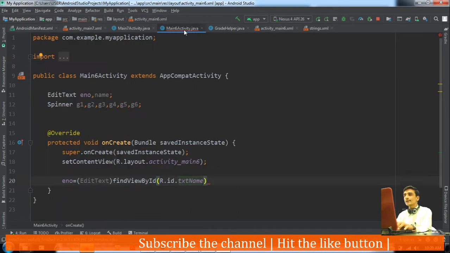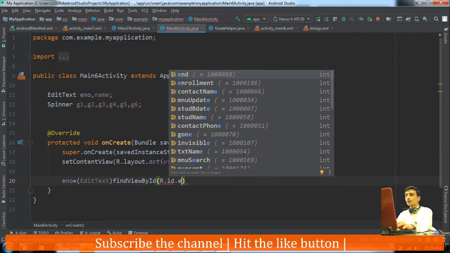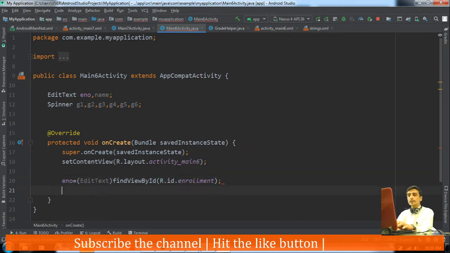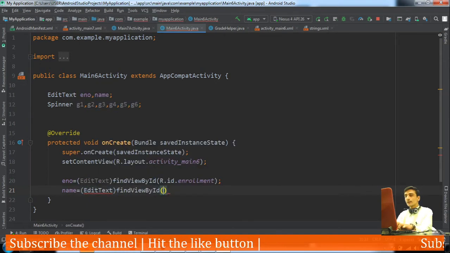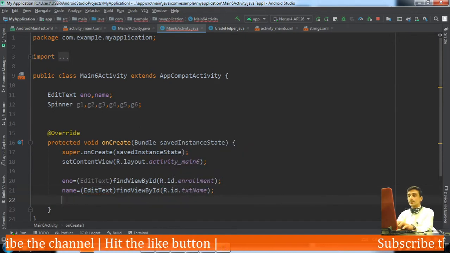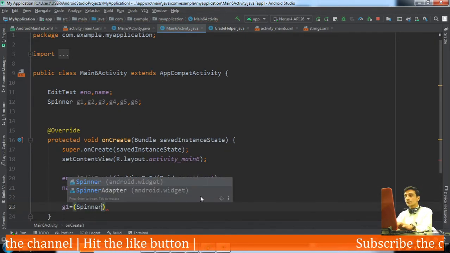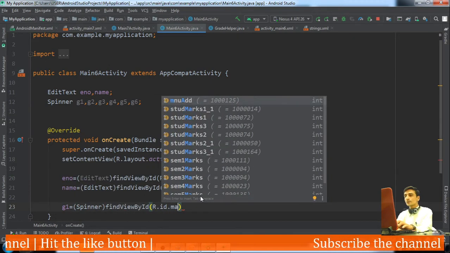Okay, it is enrollment, R.id.enrollment, then name equal to edit text, findViewById, R.id.txt name, and then G1 equal to spinner, findViewById, R.id.marks.